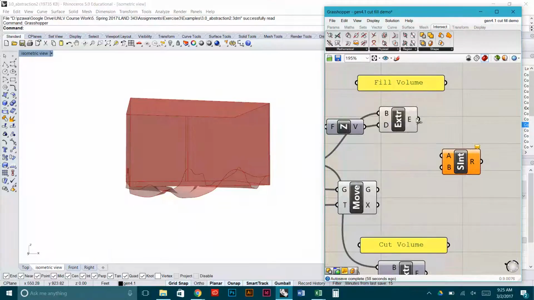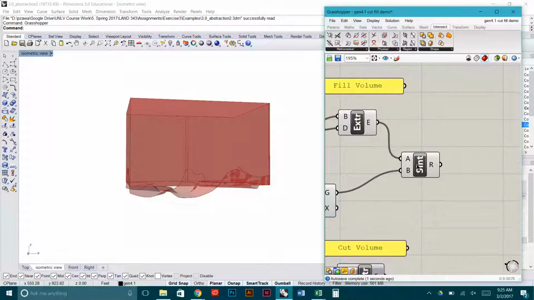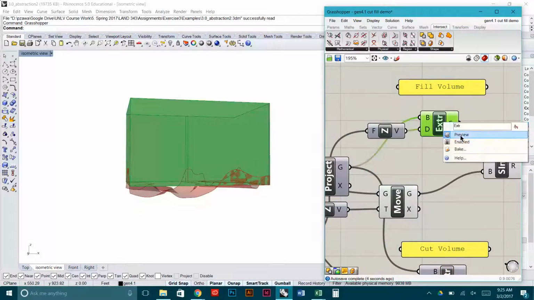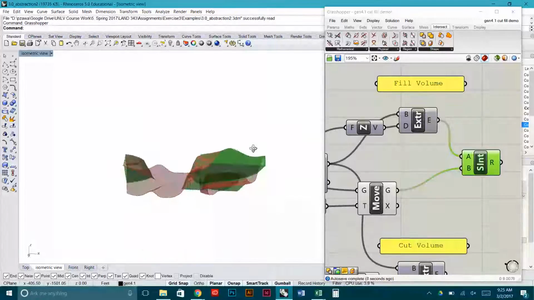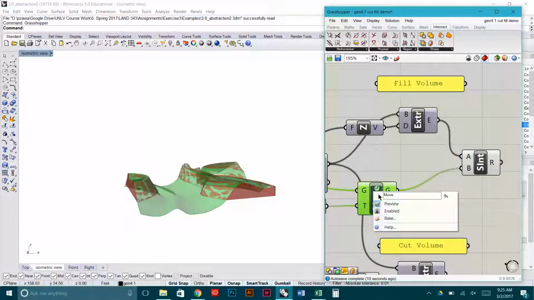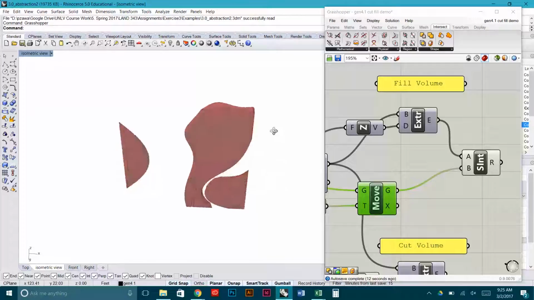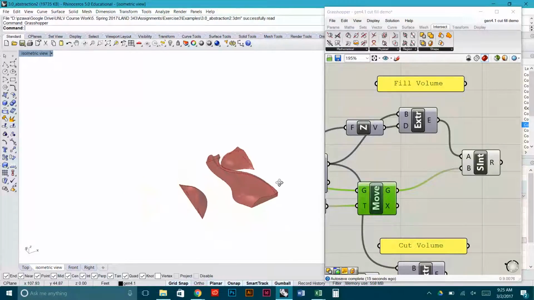So I'm going to drag this into the A slot, drag this into the B slot, and when I turn this off, now we have this overlapping surface with our moved ones. If I turn that off, you can see that that is all our